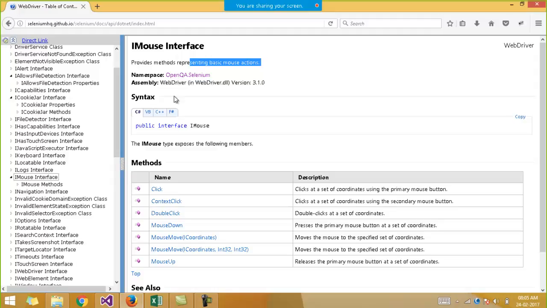How all of these are done, we don't know. We will just be calling these methods, click, context click, double click, and implementing them with our code. How this is all done, we don't know, and we don't have to worry about it either. So an interface helps you know what the system does. For example, the keyboard of your system provides you an interface with the buttons. You press the buttons and something happens on the screen. How it happens internally, we don't know. So this is what an interface is.